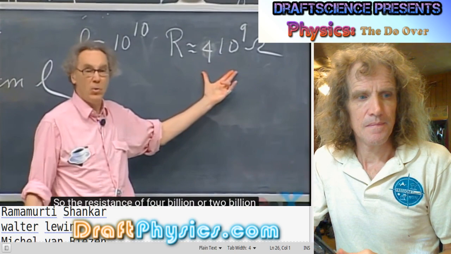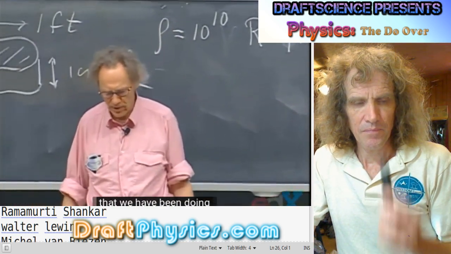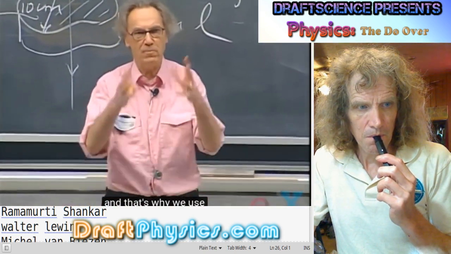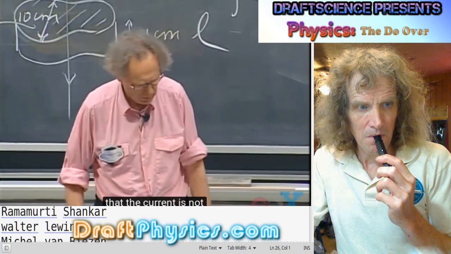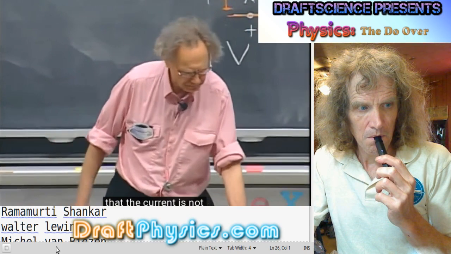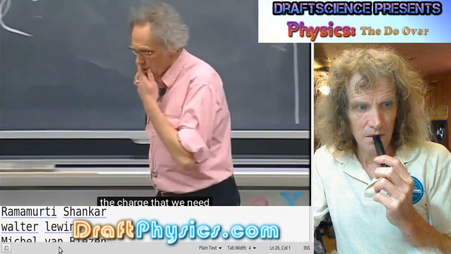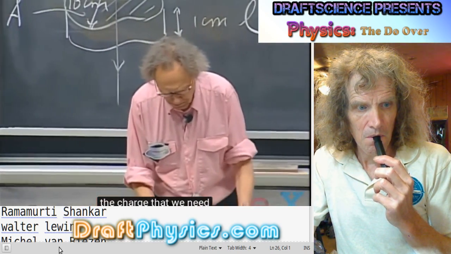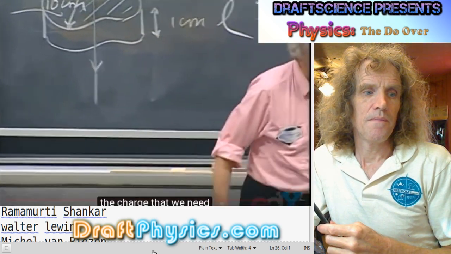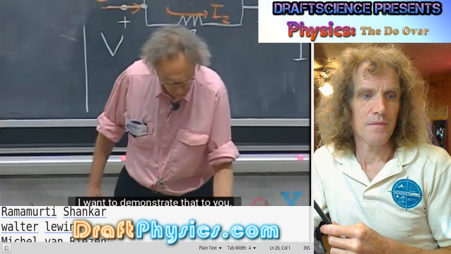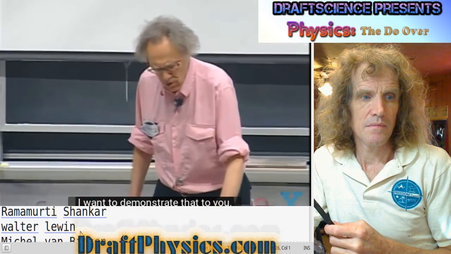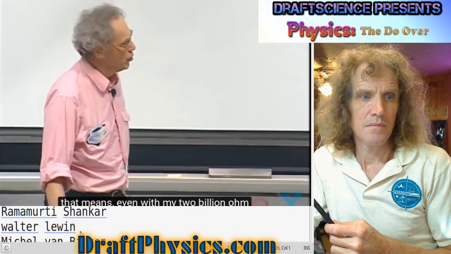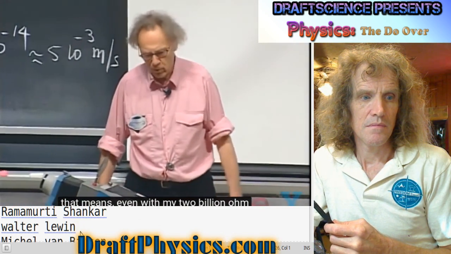Ohms is way too low for these experiments that we have been doing in 26100, and that's why we use these plastic stools and these glass plates, in order to make sure that the current is not draining off the charge that we need for the experiments. I want to demonstrate that to you, that indeed, even with my shoes on, that means even with my 2 billion ohm resistance to the ground,